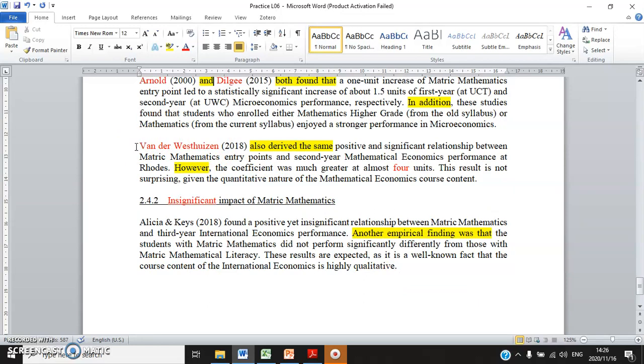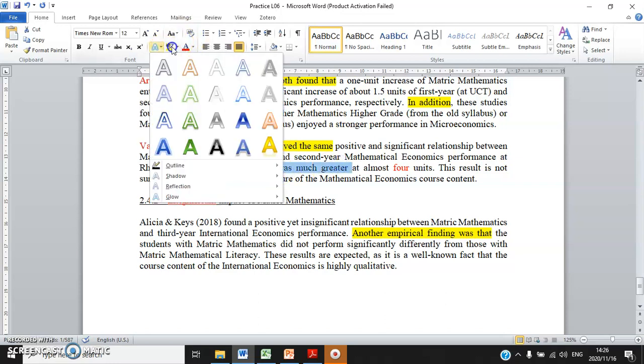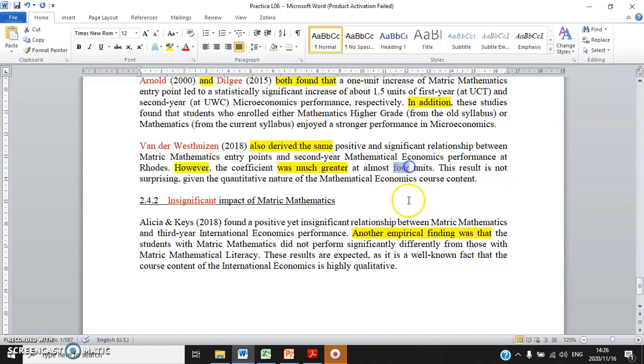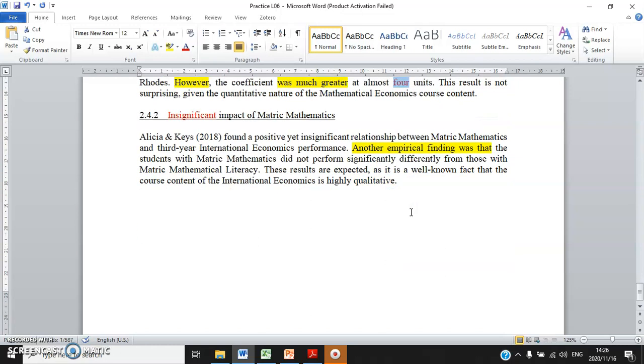Then you move on to the most significant one. Van der Westhuizen 2018 also derived the same positive and significant relationship between matric maths entry points and second year Maths Eco performance at Rhodes. However, now you want to show the contrast of Van der Westhuizen from the first two studies. However, the coefficient was much greater. By how much you have to indicate: almost 4 units. This result is not surprising given the quantitative nature of the Maths Eco course content. Okay, happy with that? Then 2.4.2,